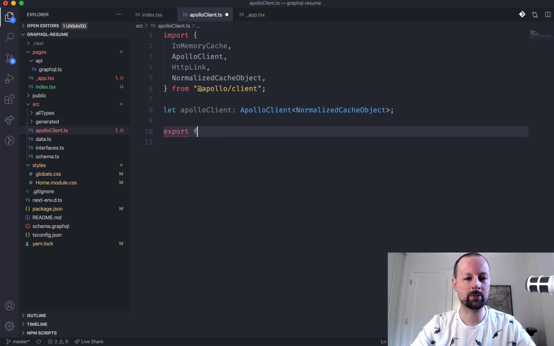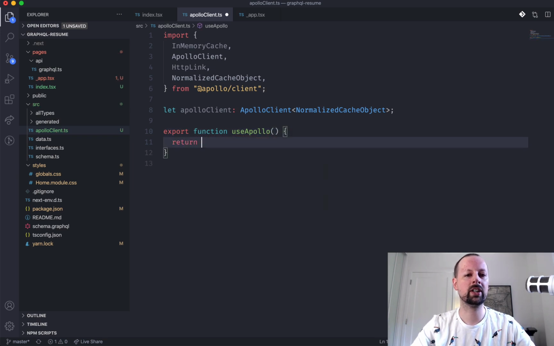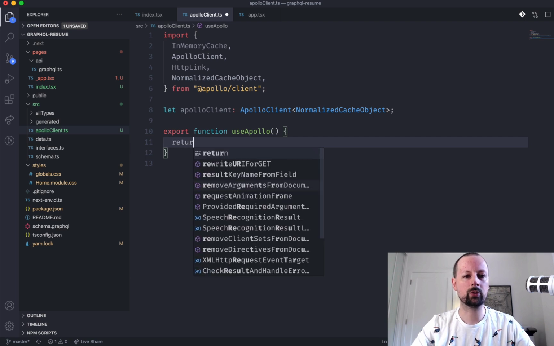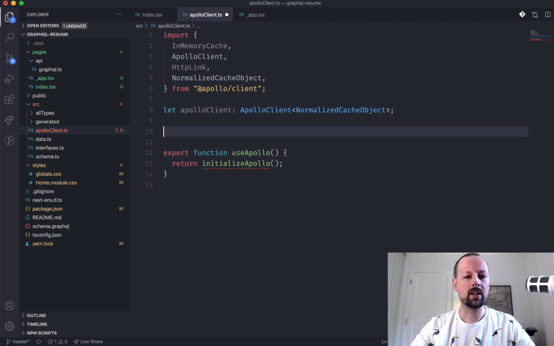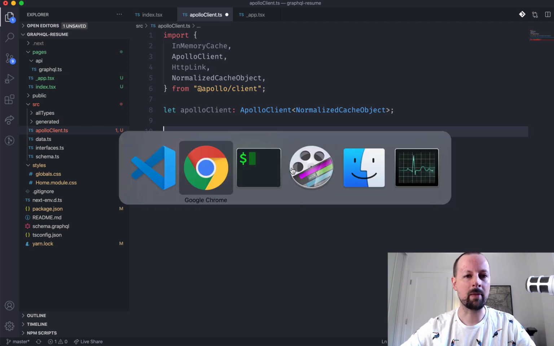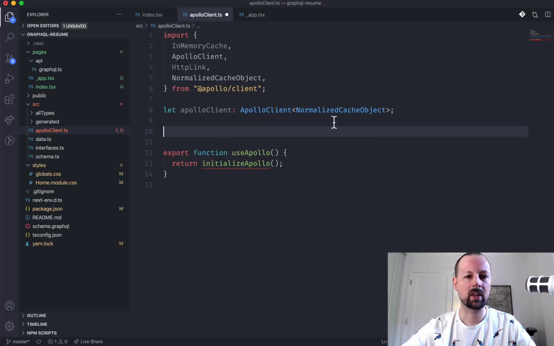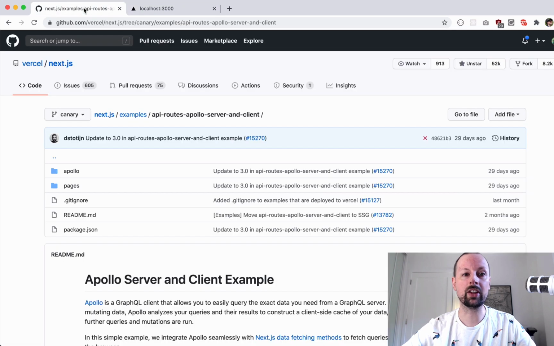So that's what we have to define here. So we'll just say export function useApollo. And this will be in charge of returning the Apollo client. But I actually want to wrap this in a function called initializeApollo. So this will return initializeApollo like that. And the reason I'm doing this is I'm actually basing the setup off of this from the